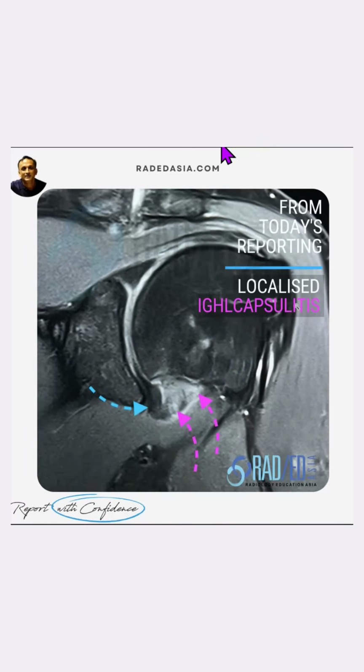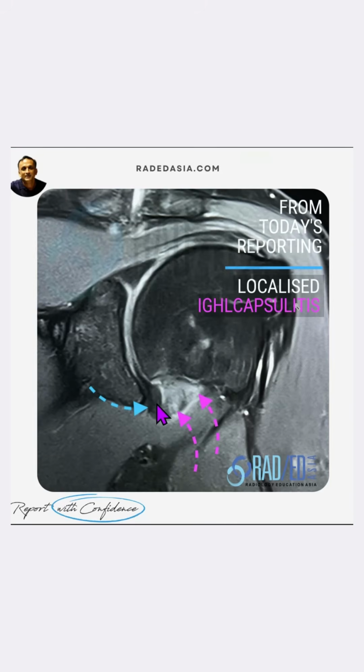Adhesive capsulitis of the shoulder is a fairly common finding, and it can occur in a number of locations. We're going to look at the appearance of adhesive capsulitis on MR of the IGHL, or inferior glenohumeral ligament. This is probably the more common one that we'll see on a daily reporting basis. The best sequence to see it on is the PD fat saturated scan, and the coronal plane is probably the